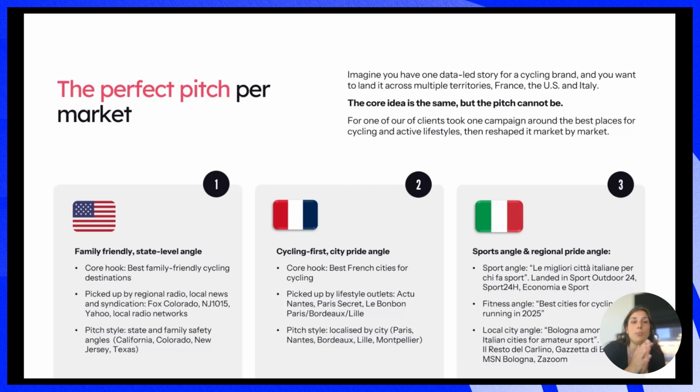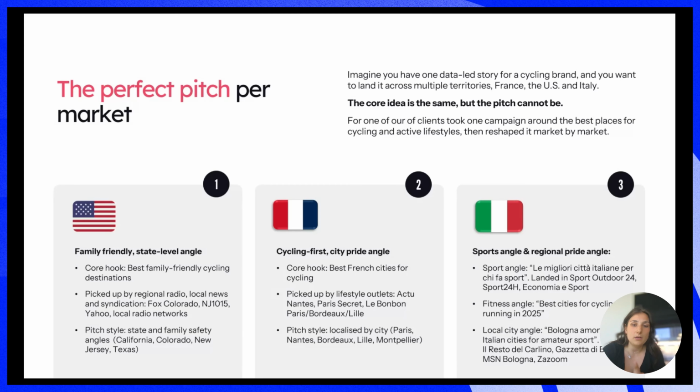The same data set got picked up three different ways in those three markets. For the US, it was around school holidays, so the time was perfect for picking up the family-friendly angle and which are the best family-friendly cycle destinations in the US. So it was more fluffy countrywide data. It got picked up by some regionals and radio stations, but the major outtake was on the positive side, without getting into the nitty gritty of the remaining data set on the city's infrastructure and things like that.